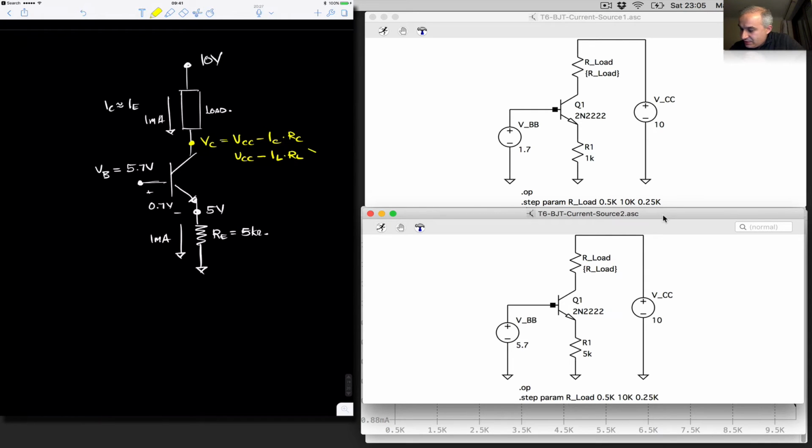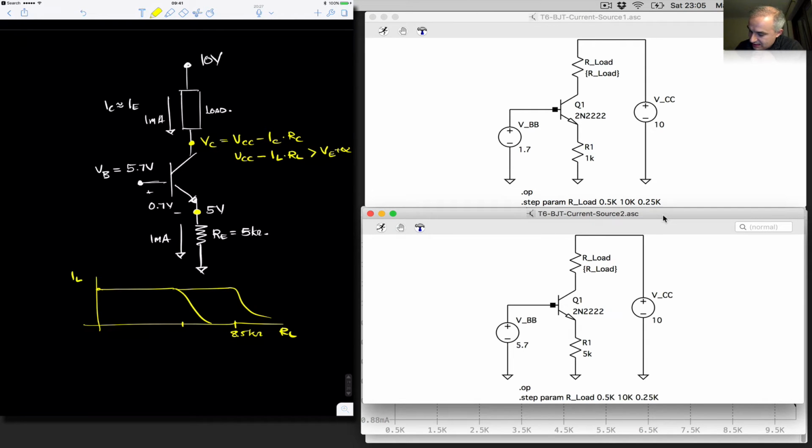And it needs to be greater than the emitter voltage plus 0.2 or so. And so now the emitter is higher than before. And so what we expect in this circuit is that instead of going all the way like before to 8.5K